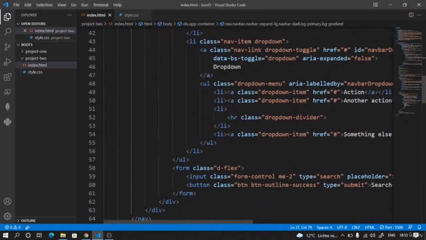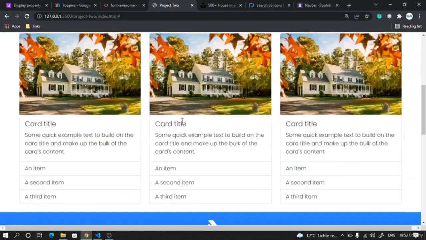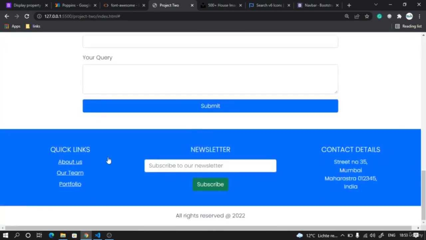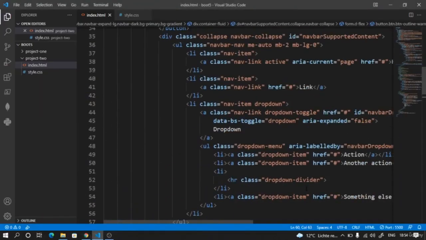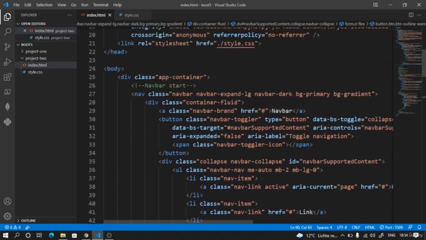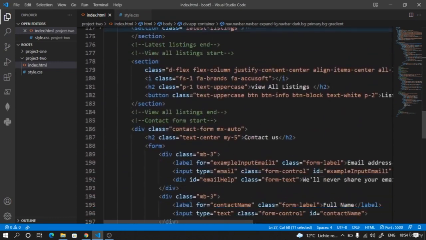Now our button is kind of gone, so here I see the search button. It's success, so I'm going to say warning. And if I go now, yeah, this looks decent. So now it has been changed. Perfect. Next, in the footer, let's apply a little bit of gradient here. So this class that we have, bg-gradient, let's copy that and apply it in our footer background as well. So in our footer, here we have